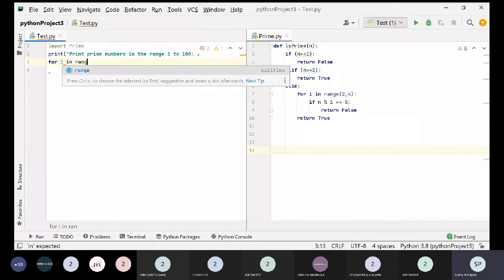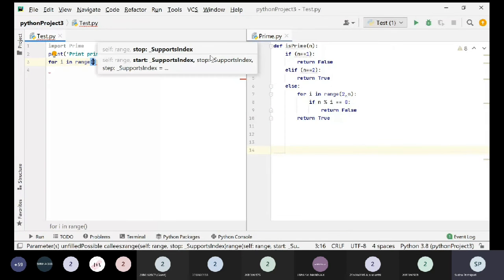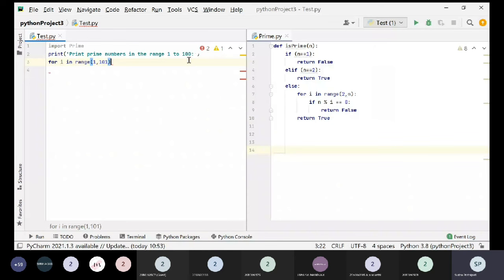I said 1 to 100, right? You can also put 1 to 101 and all that is good. Anyway, we know that 1 is not a prime number, so I just ran it from 2 to 101. If you're making it that way, you can also skip this one over here.